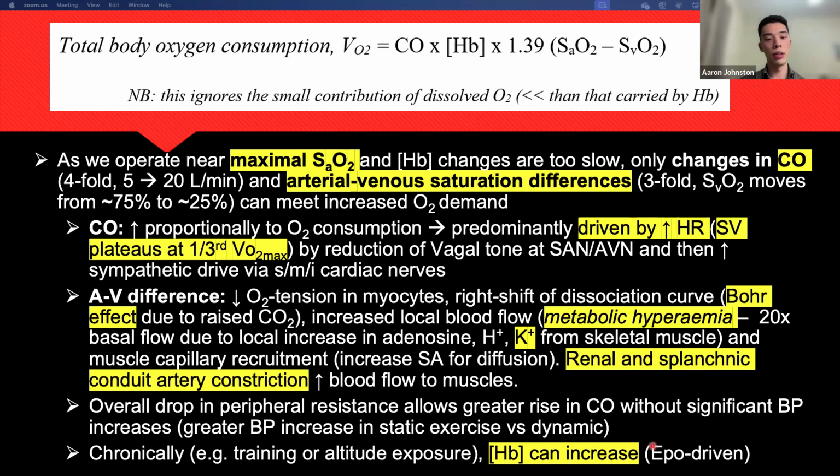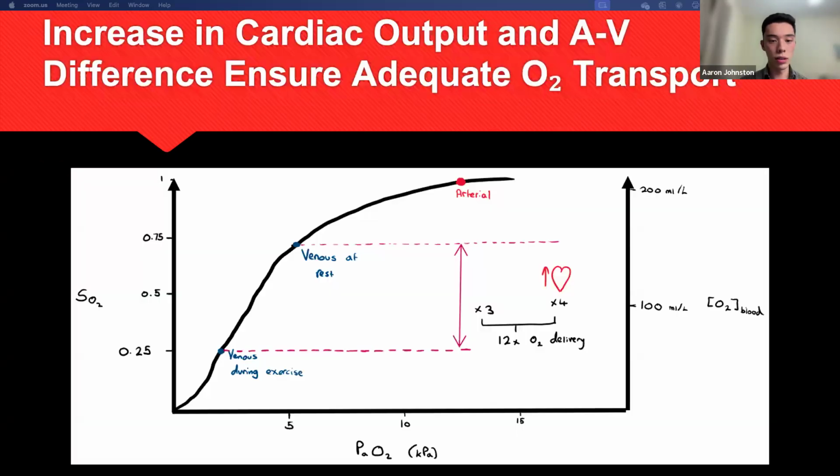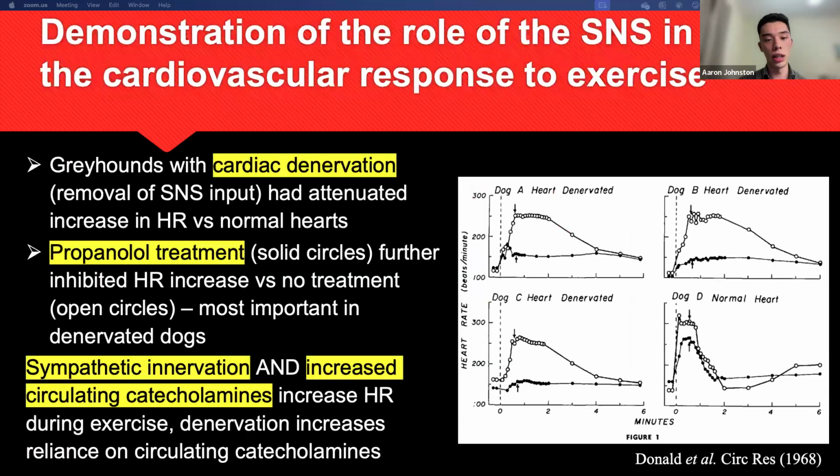And chronically then, so these are all acute responses. Chronically, we can obviously increase our hemoglobin concentration, so affecting that term here. Okay, so slide's not wanting to advance. So this is just a diagram of that. 12-fold increase in oxygen delivery is mediated by a 3-fold increase in the arterial venous difference multiplied by a 4-fold increase in cardiac output. So a bit of experimental evidence here for you of the role of the sympathetic nervous